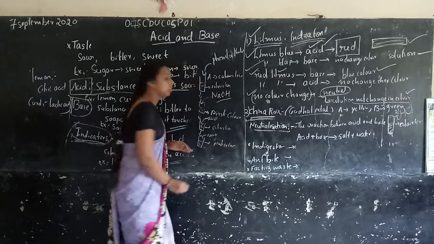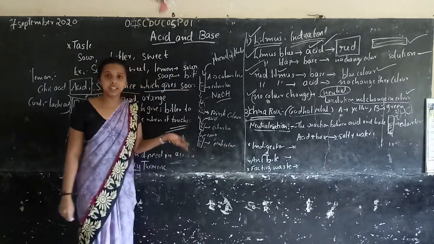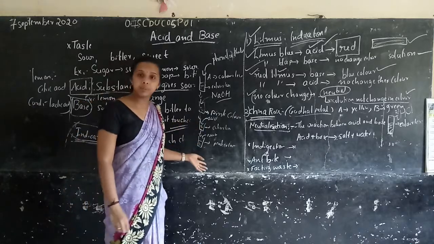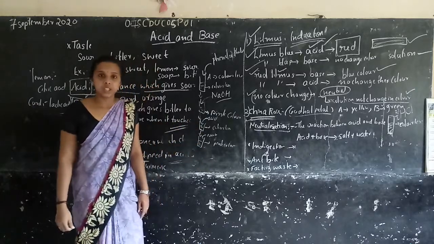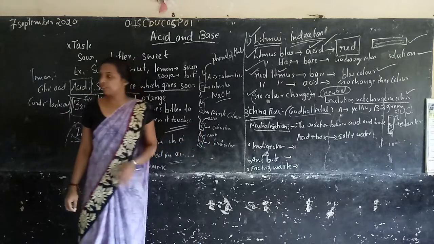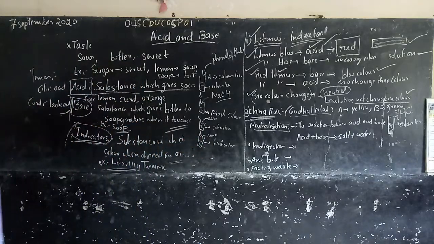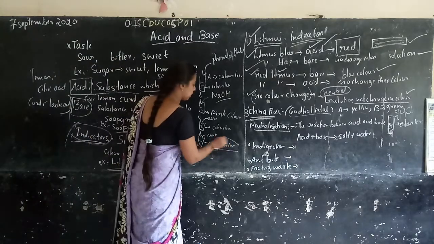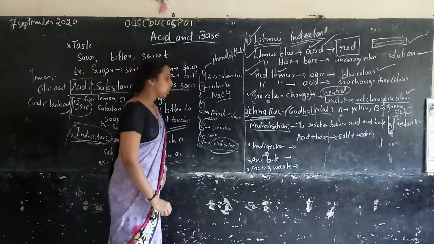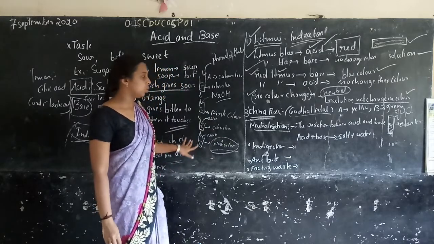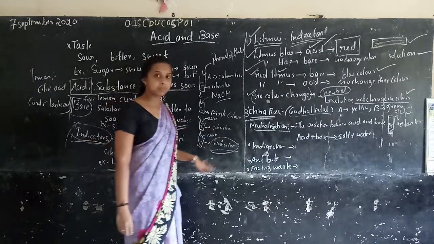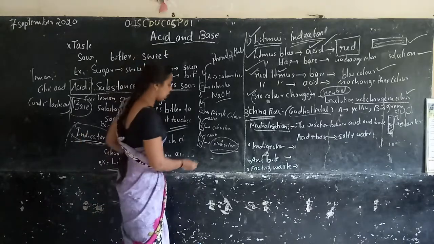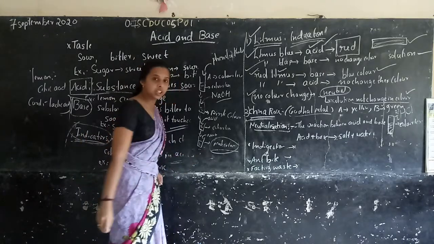So when I add acid, it is colorless. When I add base, it is pink. So acid does not have a color and base shows a pink color. This is the neutralization reaction. When the reaction is continued,